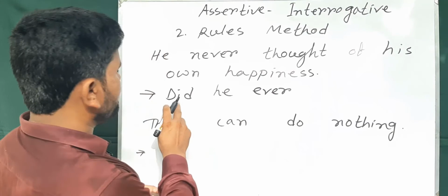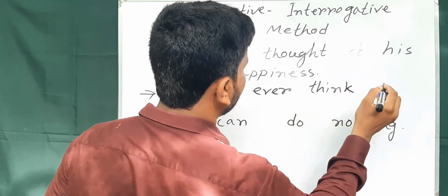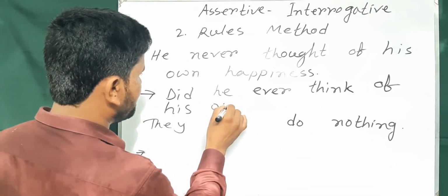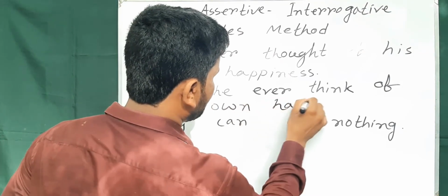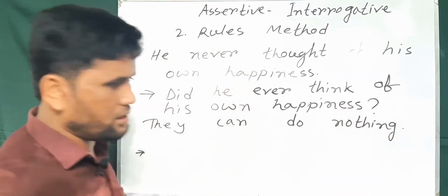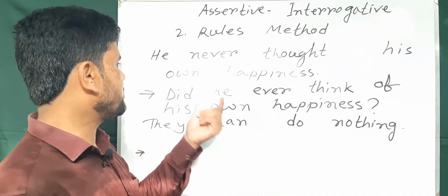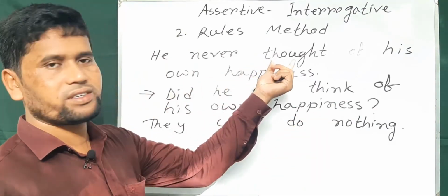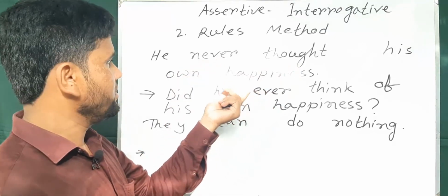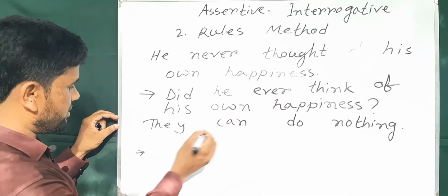So when we use did, we must use the present base form of the verb: think of his own happiness, and at the end we must use a note of interrogation mark. So first I write did as the verb is first form, then the subject, then I use ever instead of never. So this is the way, and the next sentence you see, I use first the auxiliary verb can,